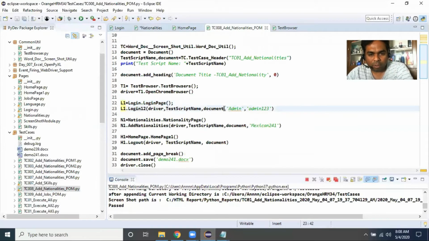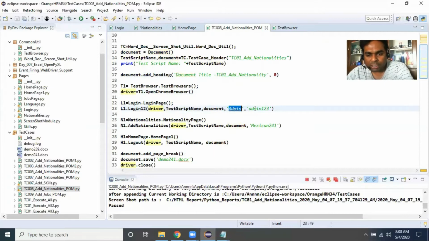These are the three parameters that are common, where I'm passing my driver to the login page. Whatever driver has been created, the same session, the same driver will continue the script in the login page. And the script name and the document, the same document I want to append. So whatever document has been created, that same document I want to append. That's the reason I'm passing these things.